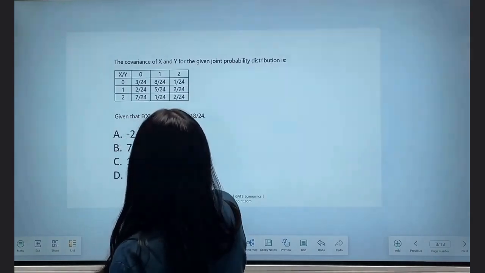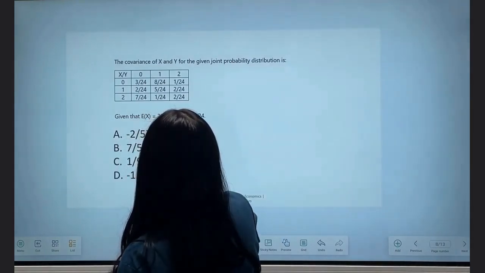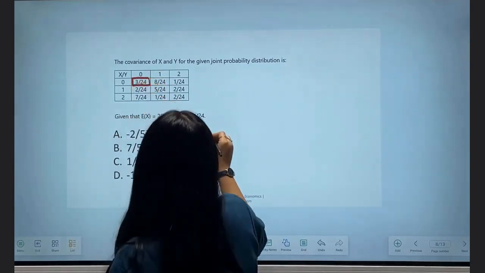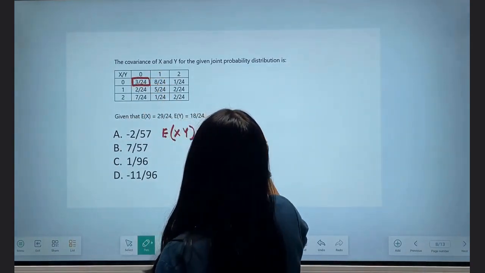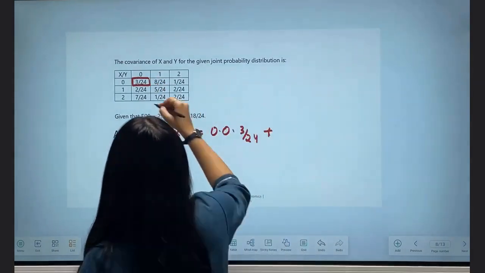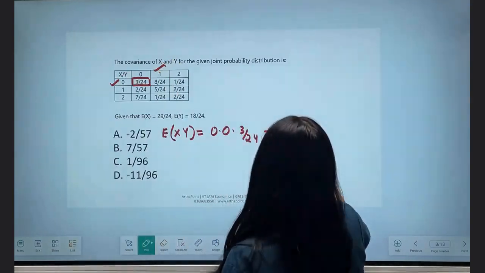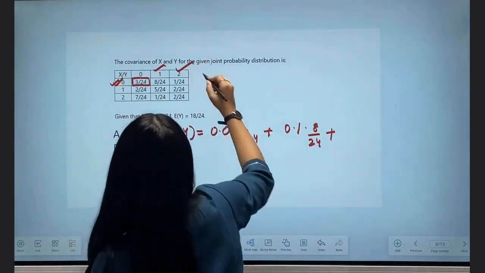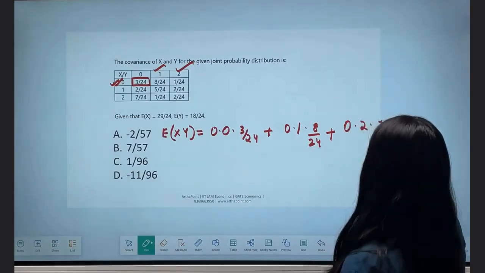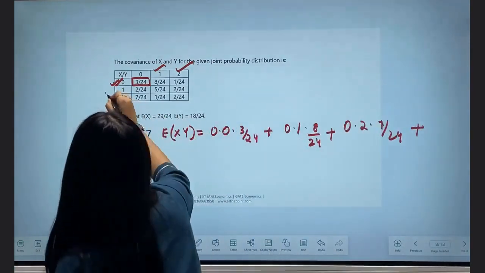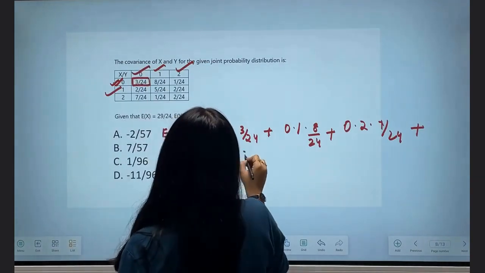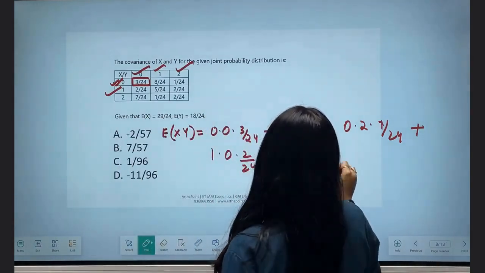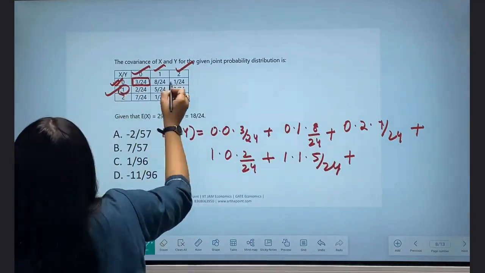Look very carefully. So E of xy, this will be, probability of 0 0 होने की. So it will be 0 into 0 into 3 by 24 plus 0 into 1 into 8 by 24 plus 0 into 2 into 1 by 24 plus 1 into 0 into 2 by 24 plus 1 into 1 into 5 by 24 plus ऐसे बेटा एक एक को लेना है, 1 into 2